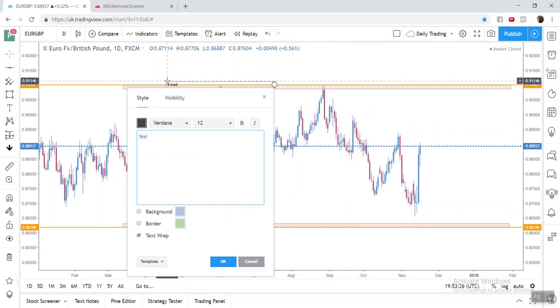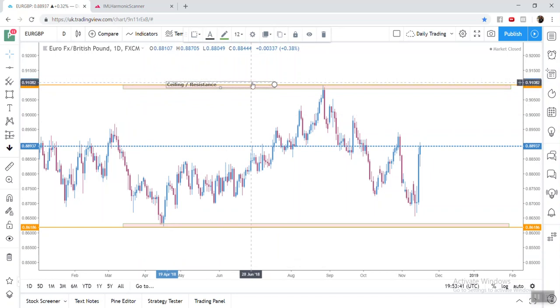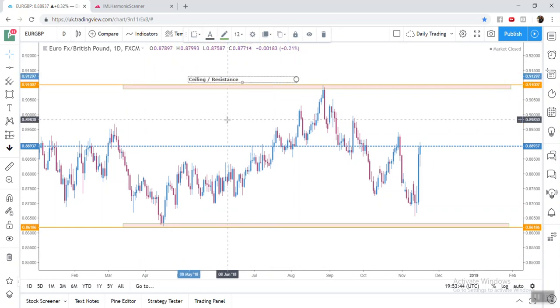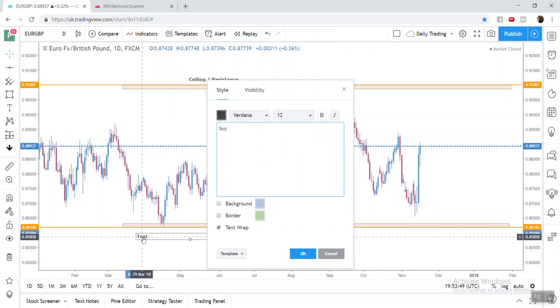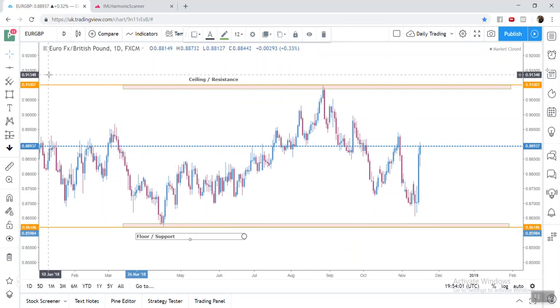So this is our ceiling or resistance. And this is our floor, also known as support. Okay, and now, the first thing I see, the prices are way up here at the moment,